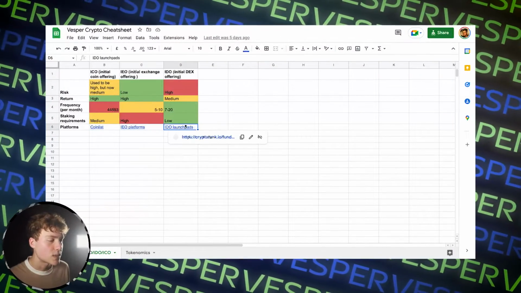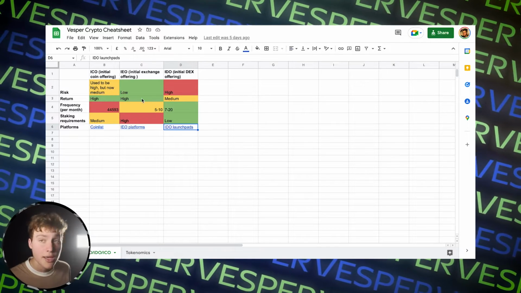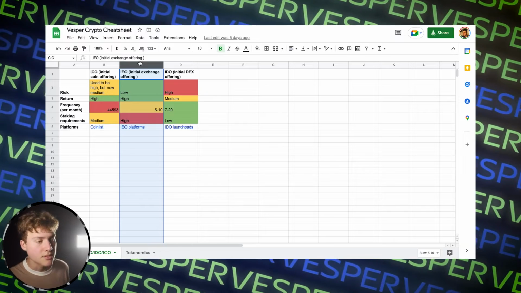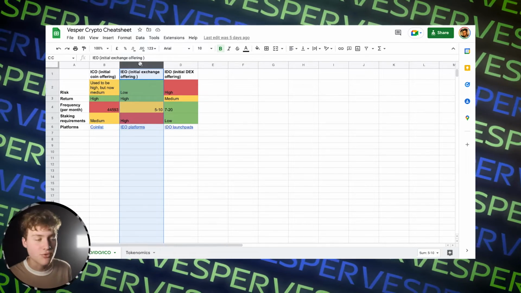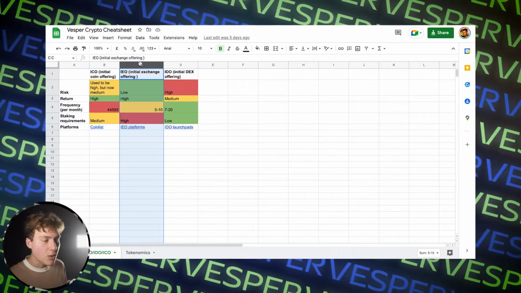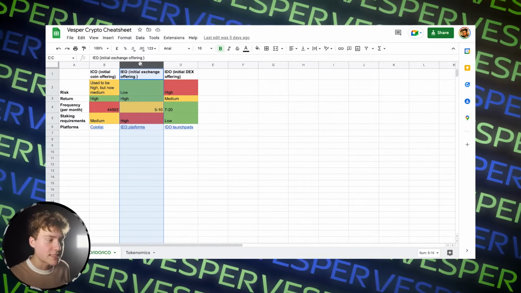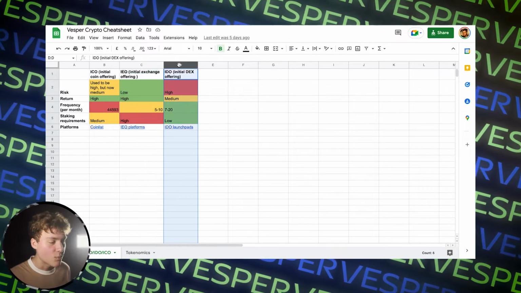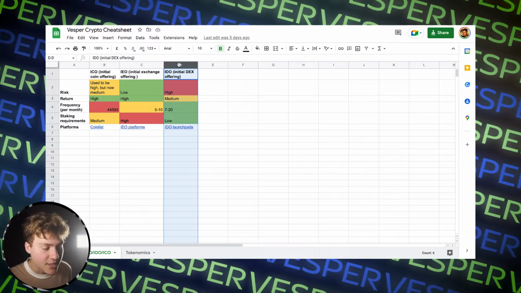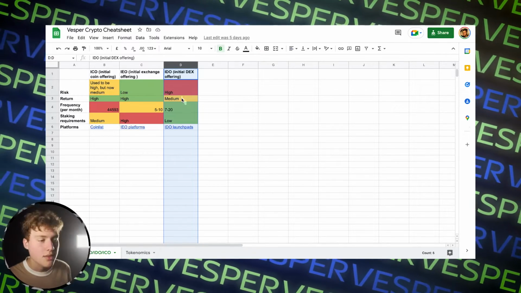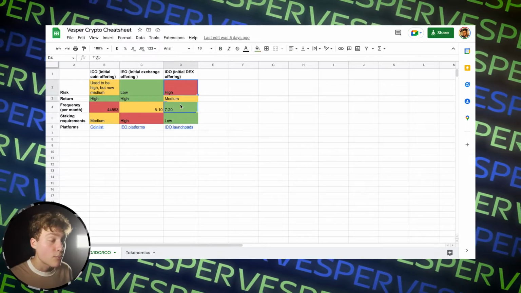And when it comes to risk, definitely IEO has the lowest number of risks, because for coins that are listed on Binance, Binance's reputation is at stake. So for them, it's really important to filter out all the projects and allow only the strongest ones to participate there. In terms of return, I would say the IDO gives the lowest return. But when it comes to frequency, the frequency for IDOs is the highest. And in terms of staking, IDOs require the lowest amount of money that you need to put in upfront. And also links to CryptoRank and CoinList.